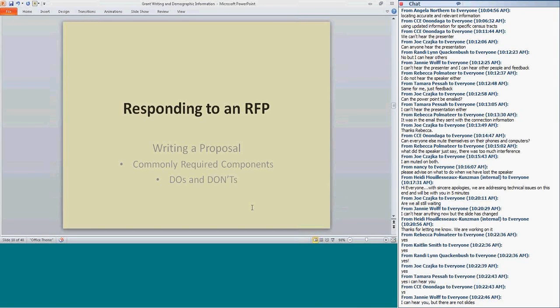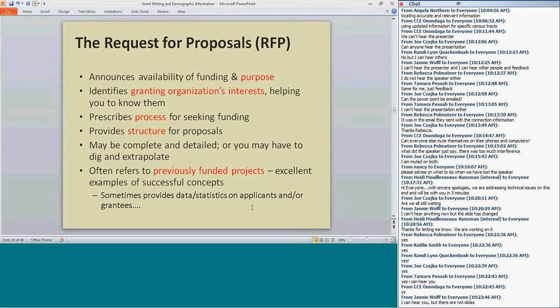Okay, so the request for proposals. And this is going to really detail the process of doing the proposal and then moving forward. So for those of you who may be newer to grant writing, the request for proposals is really